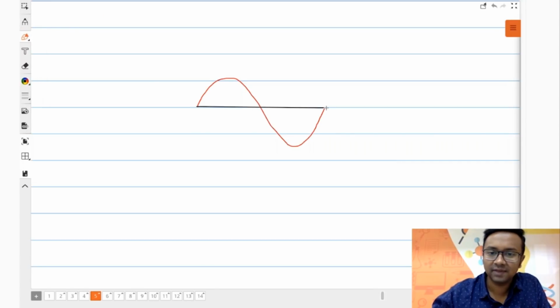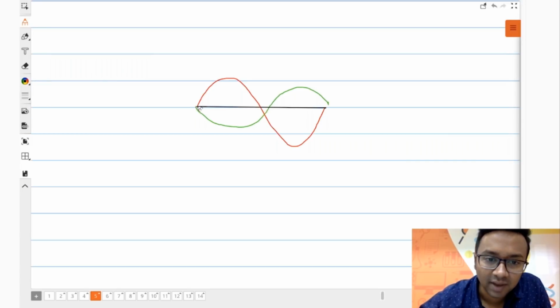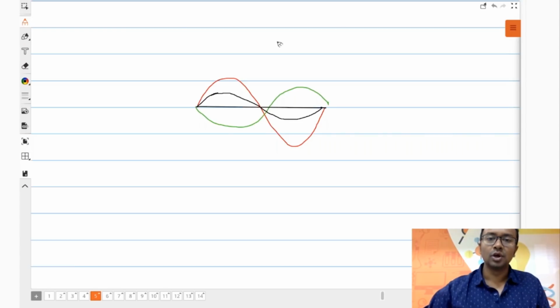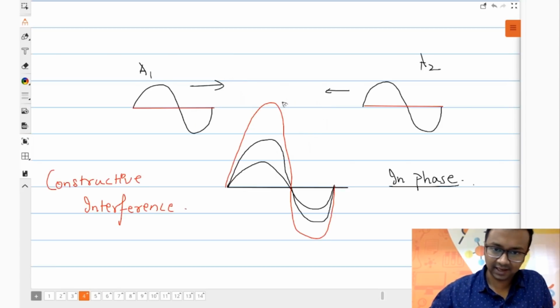I could have this as my first wave, and the second wave would possibly be like this. As a result, the combination of these two is going to give me a wave which is going to be lesser than these two. So here what has happened, the net amplitude, if you see here, in this particular case,